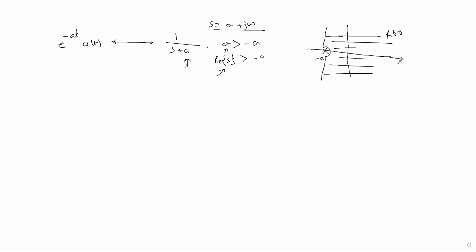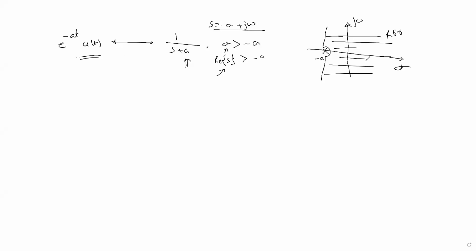ROC means in this region we have the transfer function of the signal. If you vary the values of a, you may have different signals, isn't it? So based on those values, each of the signals has its Laplace transform. Understand? So these we have already discussed in the last class. Why am I discussing this? Because by looking at the ROC, you can say so many things about the signal, whether it is stable or not.